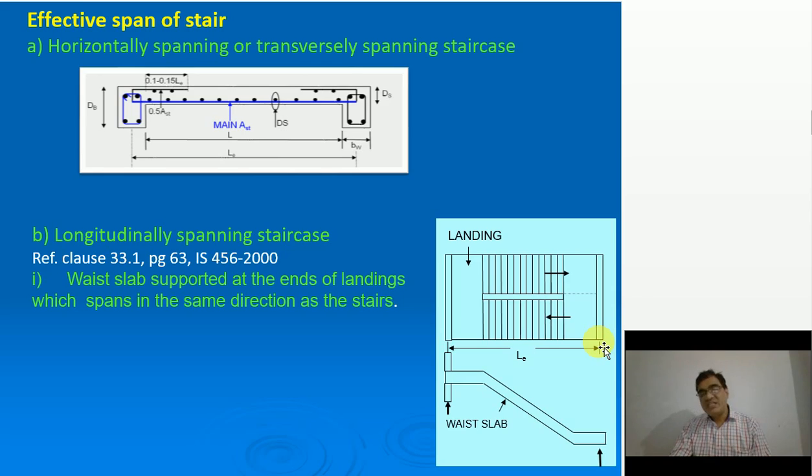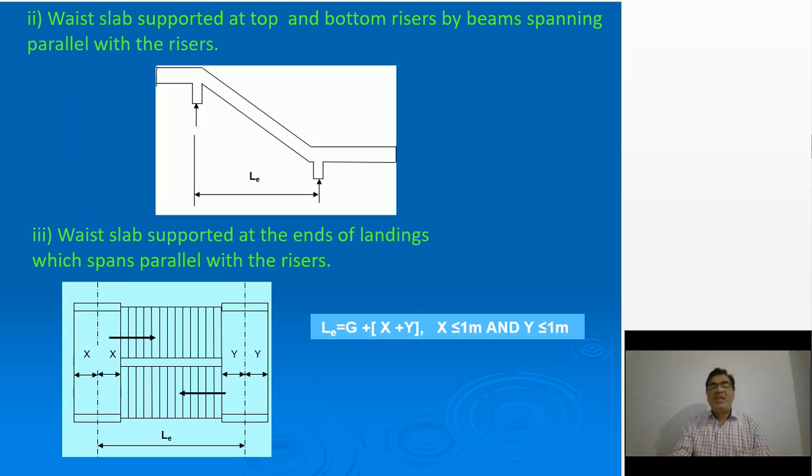Okay, this effective span is considered horizontally, not along the length of the flight. It is the horizontal span which is considered here. Okay, it's the important point. Now, if the location of the beam is different, so at the end of the going, the beams are